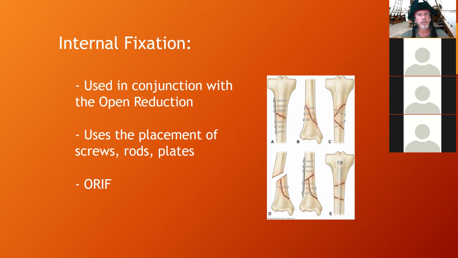So when we talk about an open reduction, normally an open reduction goes along with an internal fixation. And you're going to see this term a lot in your nursing notes. Open reduction, internal fixation. Well, that means they opened them up and they went in and they fixed the bone with an internal device of some type. And where you're going to see this a lot is hip fractures. You're going to see